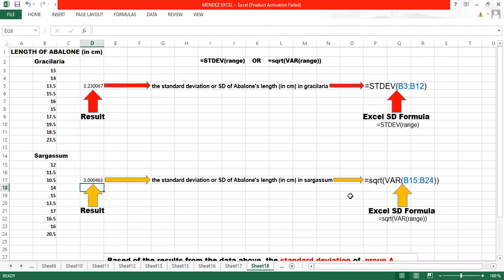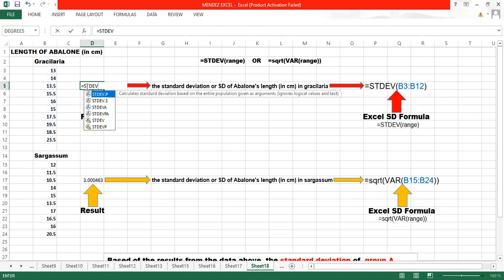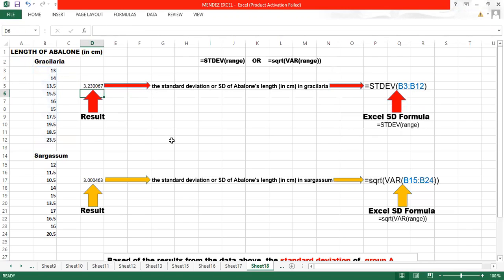In Gracilaria, I prefer to use the STDEV formula of equals STDEV open parenthesis range, then close parenthesis. Now, our Excel function is equals STDEV open parenthesis B3 to B12, then close parenthesis, since they are located at column B and in rows 3 to 12. I will show you the actual computation. In case we don't know yet, these are the highlighted cells. Just encode equals STDEV open parenthesis, our range is B3 to B12 and close parenthesis, then press enter. So the result is